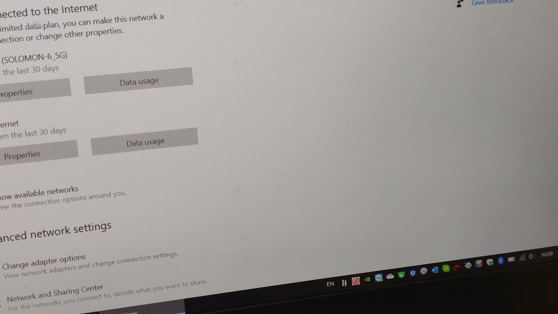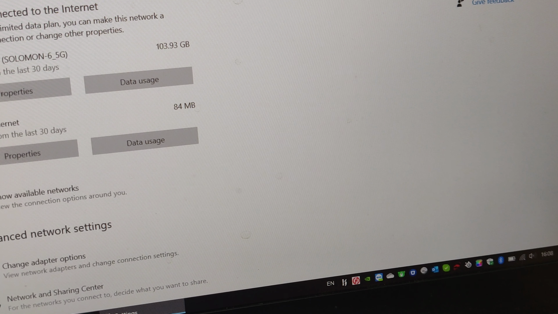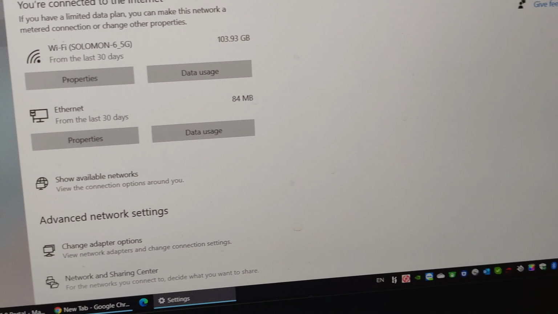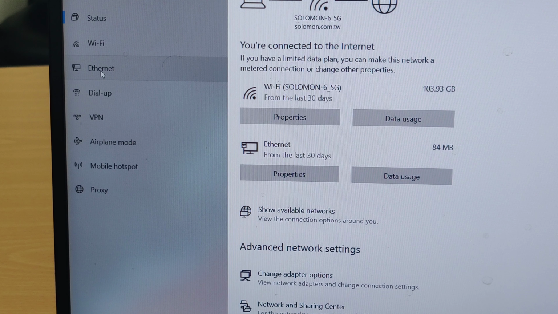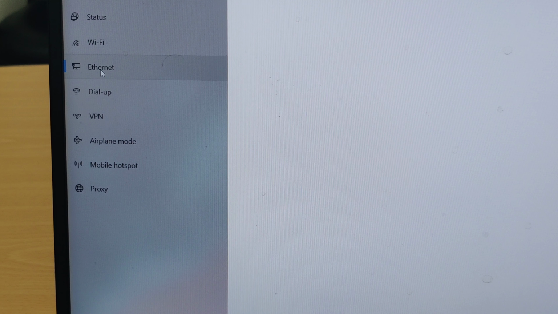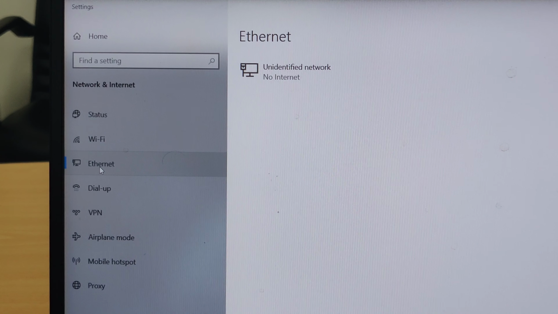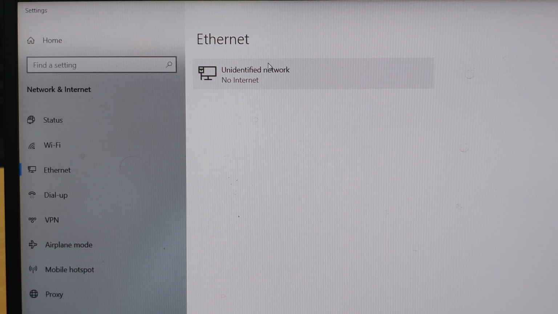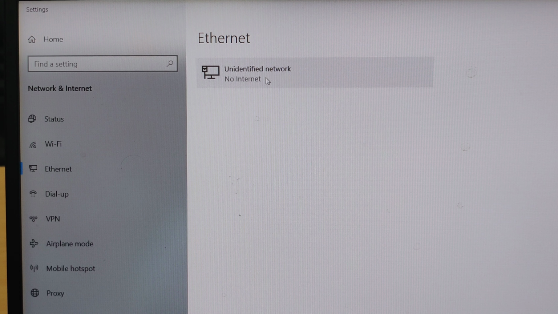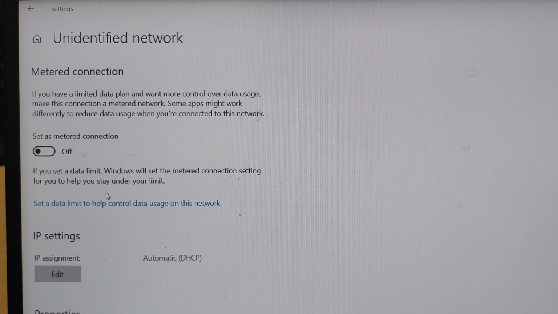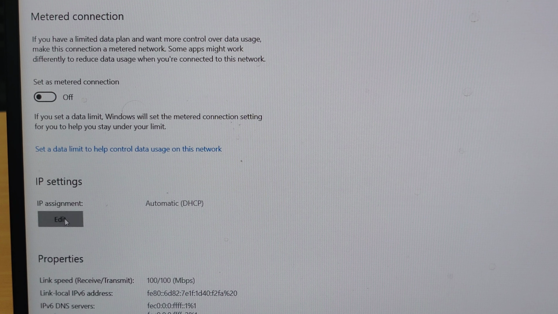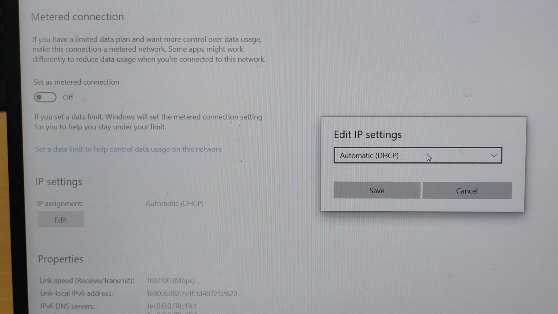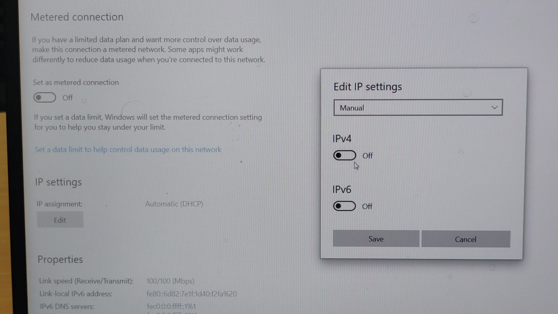Open the network and Internet connections. Select Ethernet. Select Unidentified Network. Open the IP settings and change from automatic to manual. Turn on IPv4